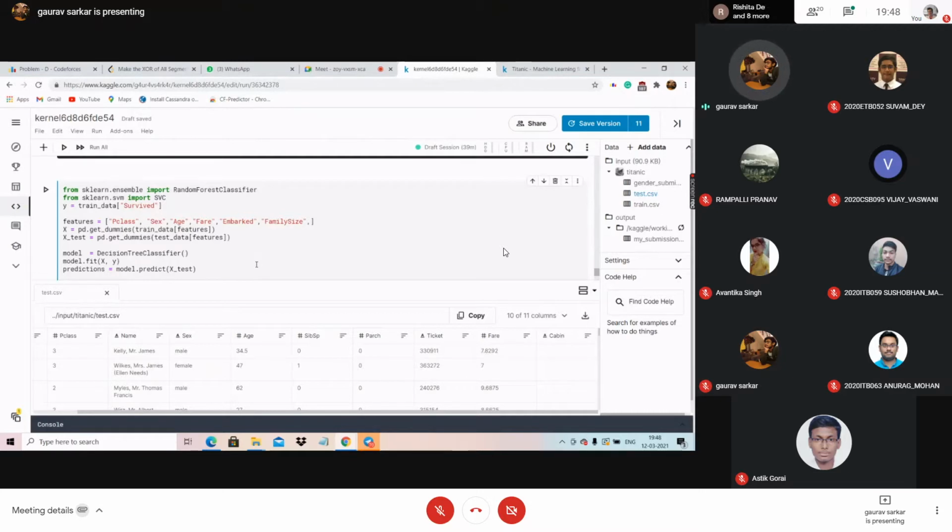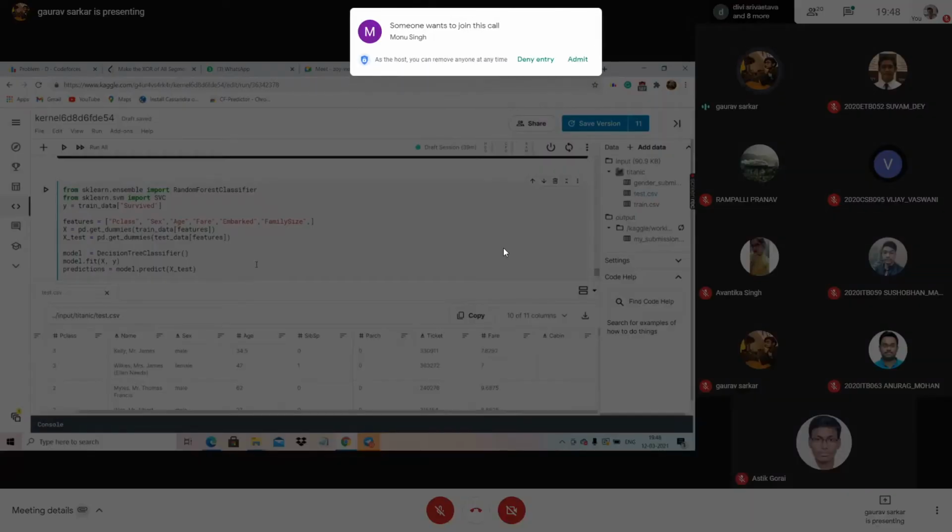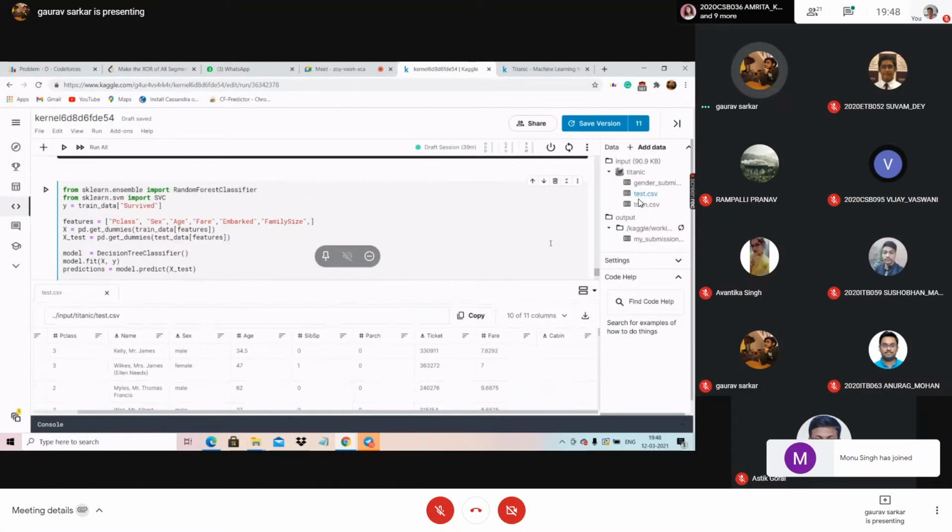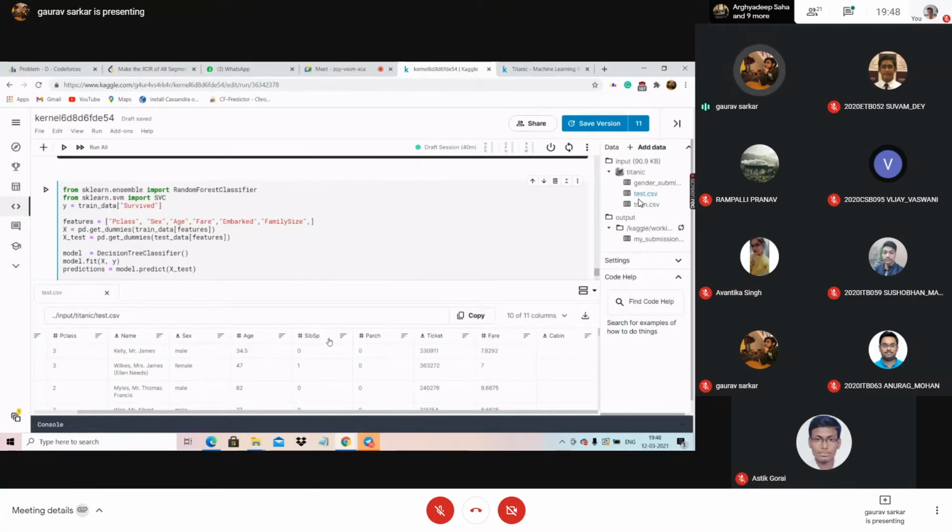While you are learning machine learning, you will come across this term very often, cleaning. And what does cleaning mean? Cleaning means to make your data set ready to fit the model. Like I showed you this code, this 6 to 7 line code. I will be explaining each and every line later. But first, you have to understand that the data set you have been provided, you can't just directly feed into the model. I can clearly see there are 10 columns, but I have used only 6 columns, not more than that. There's a reason behind it.